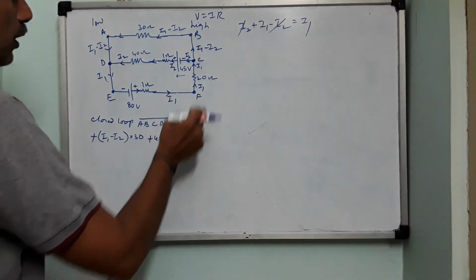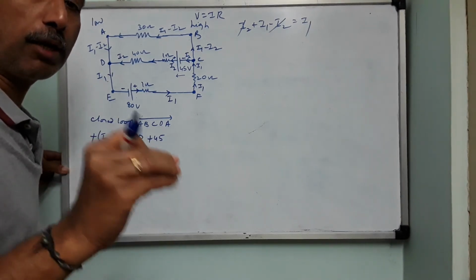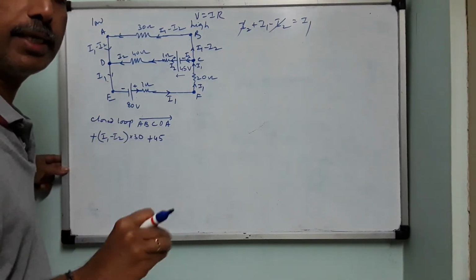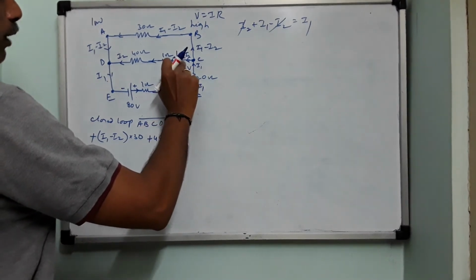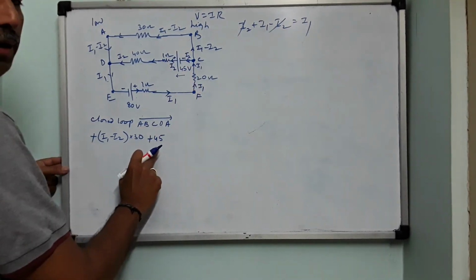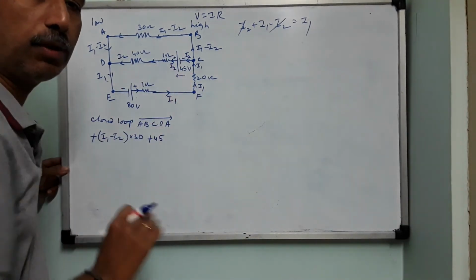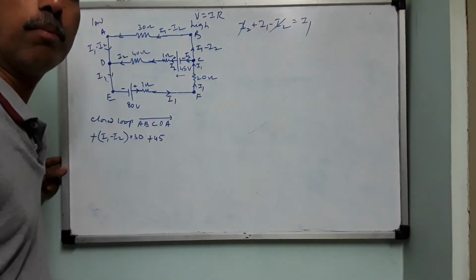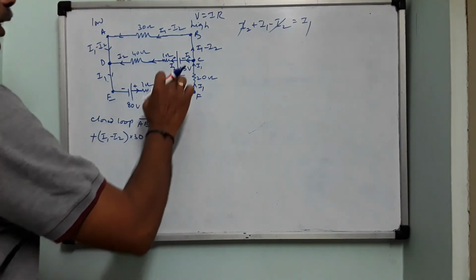In other words, if you happen to see the negative terminal of a cell first, then take its EMF positive. You are seeing now first the negative terminal of the cell, so it is plus 45. Is it clear? Sir, afterwards we will see the positive. Afterwards you will see the positive, but what you see at the beginning is very important. Fine. So the cell is over.